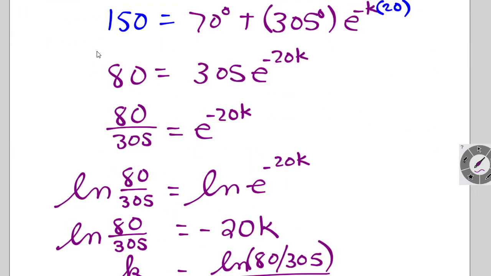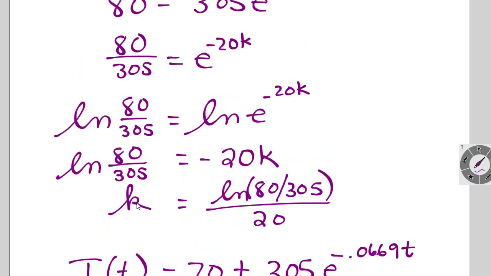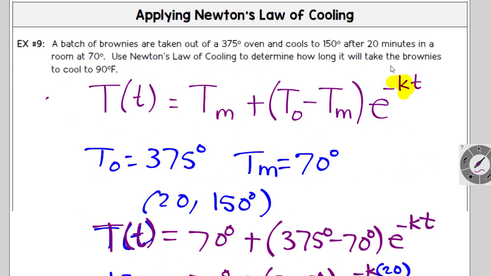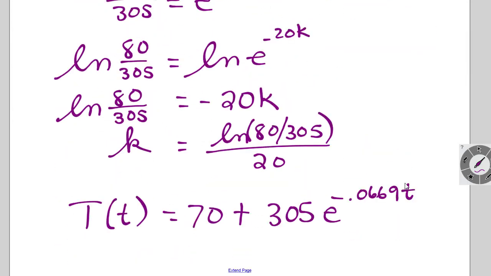So we want the end temperature, which is represented by T(t), to be 90. And notice that the question is how long. So that means we're going to be trying to solve for t. And t is right here. So how long does it take for the temperature to get to 90 degrees? So I'm going to plug in 90